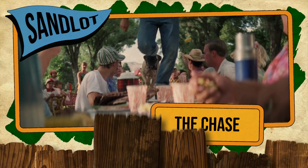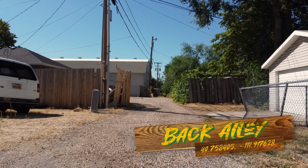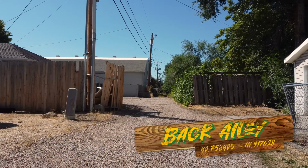Right behind me is the Harold B. Lee Hall, which is where the gym was, where they filmed all the people watching The Wolfman. I think this is a rec center for the Church of Jesus Christ of Latter-day Saints. It's a mouthful. So after the beast chased Benny out of the Sandlot, we see him running through an alley,